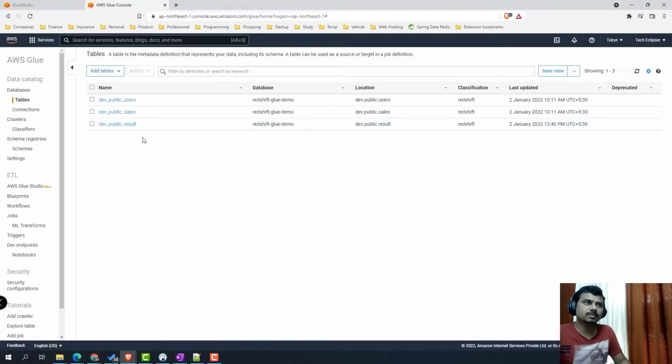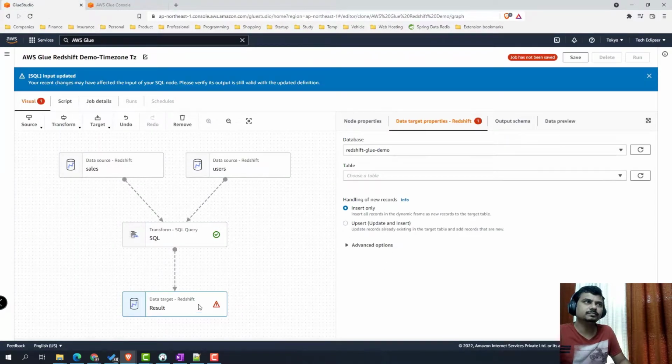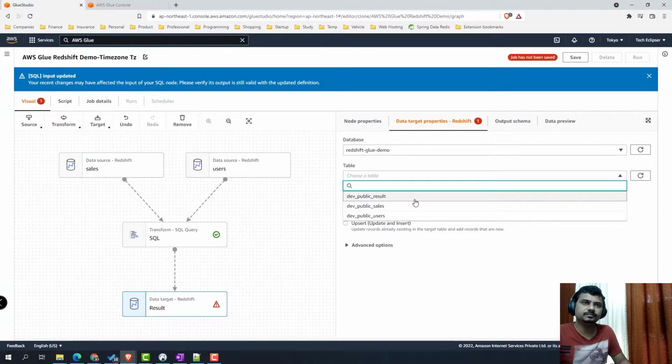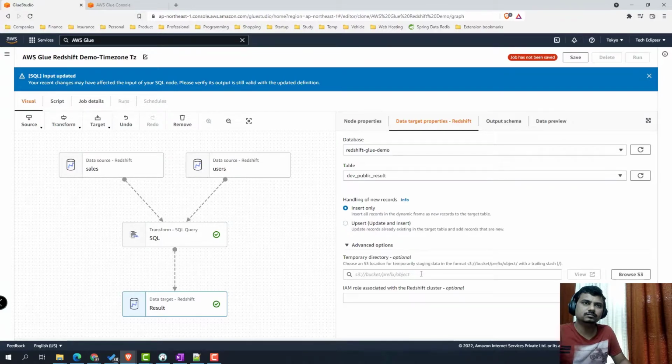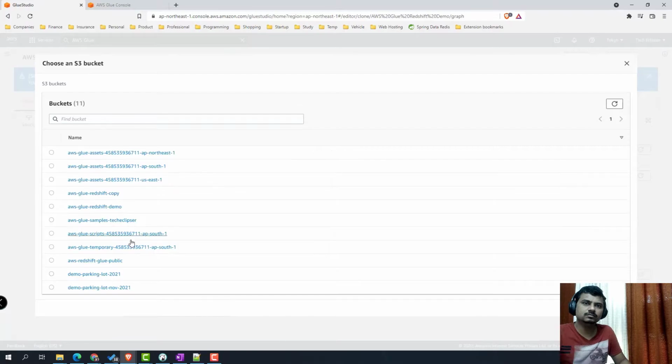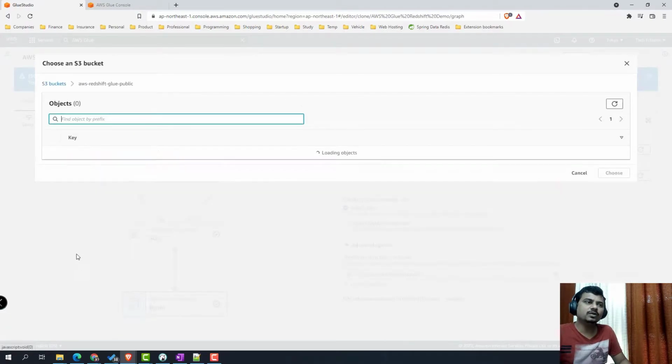The crawler job is completed. We can see the result table is now created. Now if you do a refresh over here, we should see the table. Here also we'll have to do the same thing.